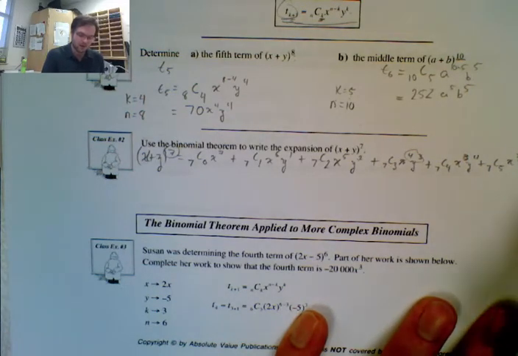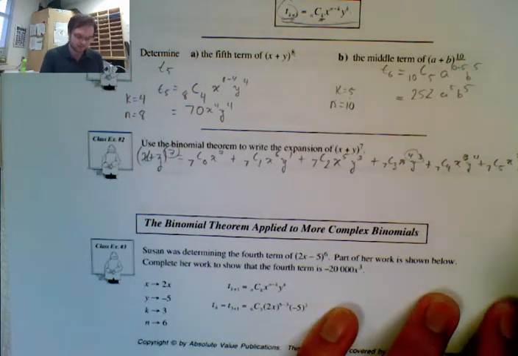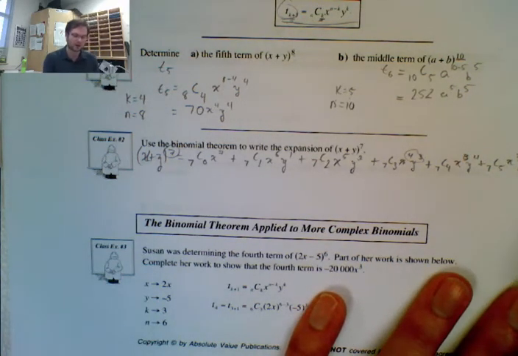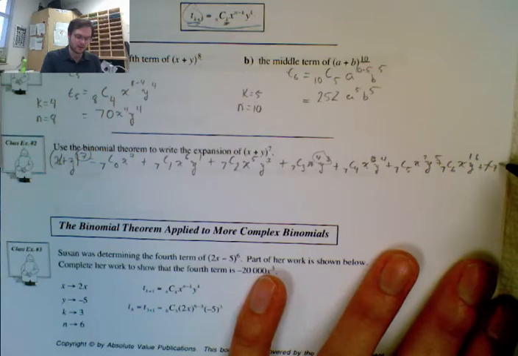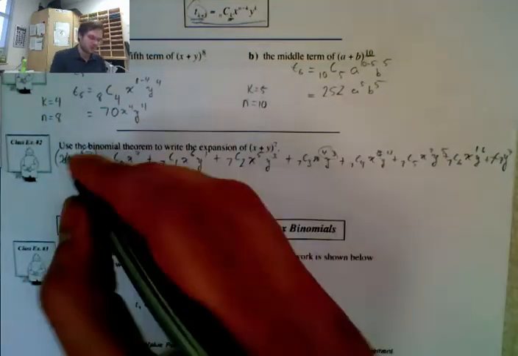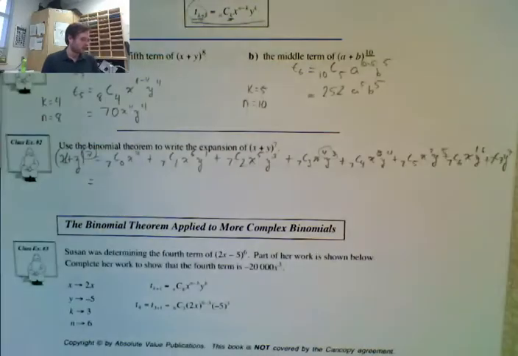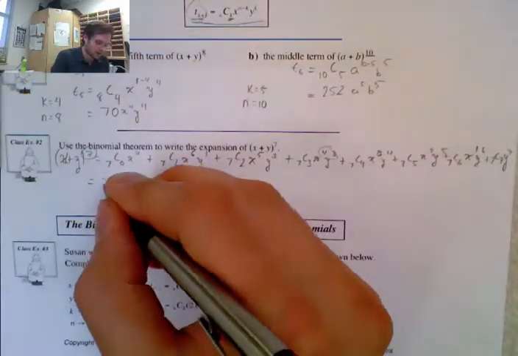And then we're going to have 7 combination 6, which is x to the power of 1 and y to the 6, and then we're going to have plus 7 combination 7. Oops, sorry, ran out of room there. 7 combination 7, and that's going to be y to the 7. Okay, so we're going to continue this here, and I'm going to end up getting x to the power of 7